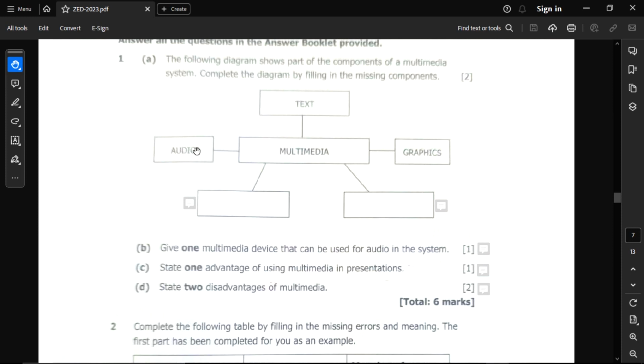So now we have been asked to complete the diagram by filling in the missing components. This is not even something that we should worry about and freak out over. This is general knowledge. We use multimedia devices in our homes a lot. We have books, we have speakers, there are a lot. We have calendars. Even a calendar is something that is showing information and data in a graphical form, in an image form. So to answer this question, all we have to do is imagine the other ways in which we